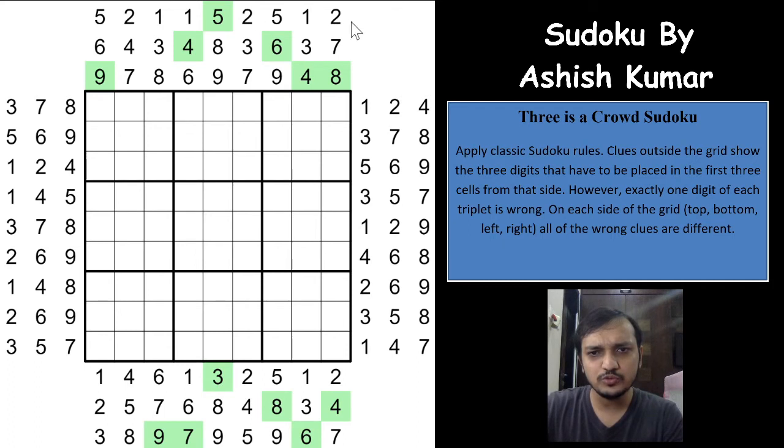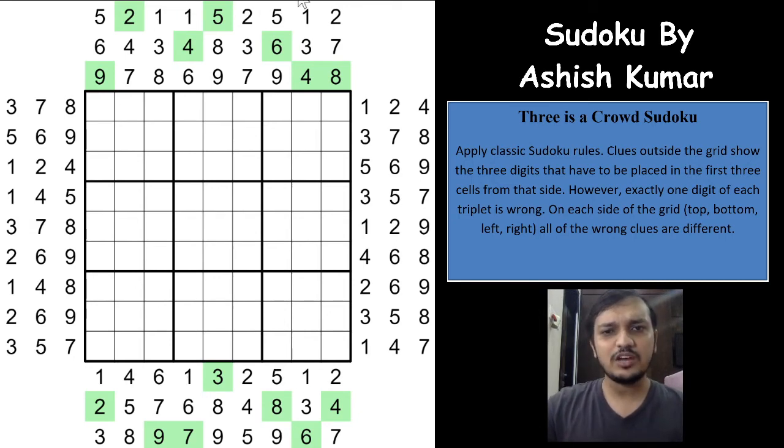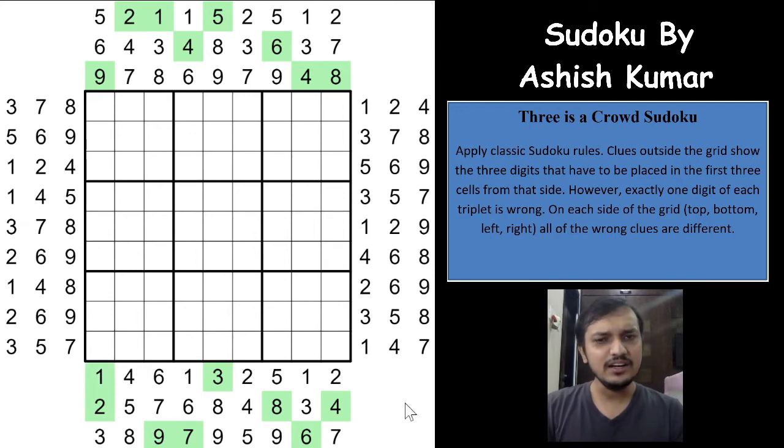The same way you have 2 2s for columns 6 and 9, which means that one of the 2s has to be right and wrong for one column, and for the other column one of the 2s has to be right and wrong. So all the other instances of the 2 have to be correct, which is this and this. Same way for the 1, if you see 1 3 1 3, just look at the ones. Column 8 will have a 1, and column 4 will also have a 1, seeing each other. So there are exactly 2 instances, 2 columns having 1 seeing each other, which means all the other ones have to be correct, right? Now why has this logic helped us in this Sudoku?